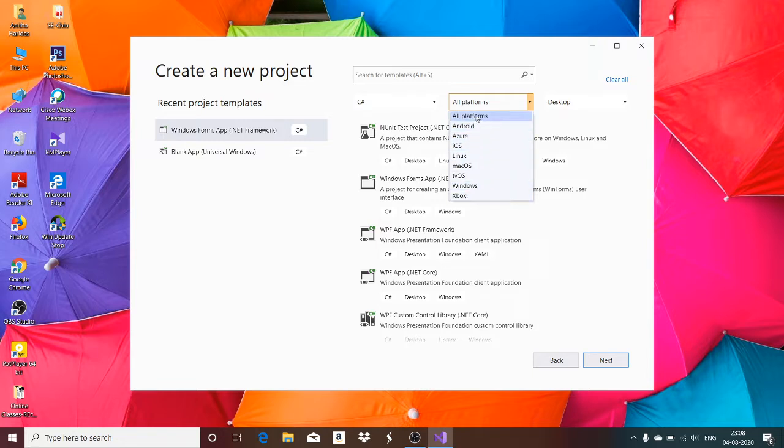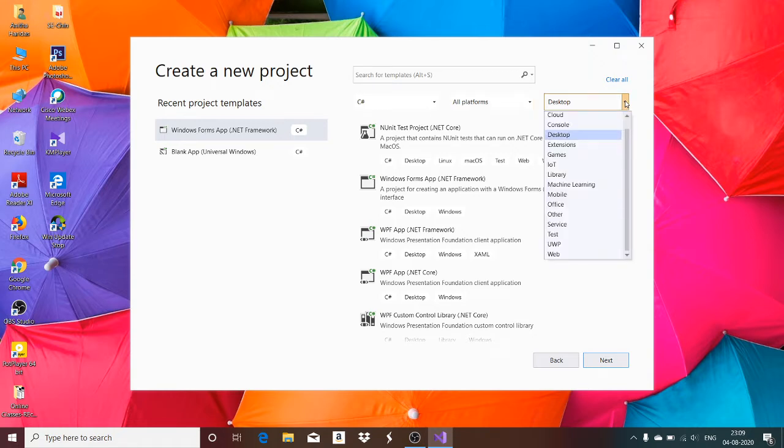So here I can go for all platforms so that it becomes compatible with any kind of platform you are going to use. And since I am going to develop a window-based application program, I go for desktop. If you want a console-based application, you can select console.